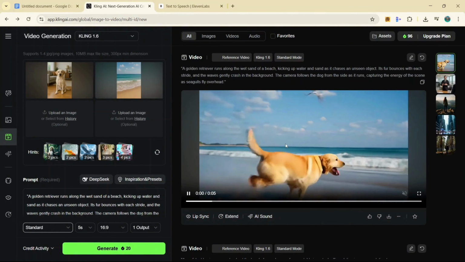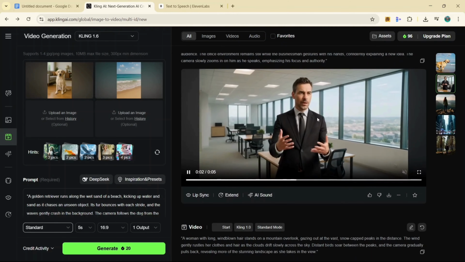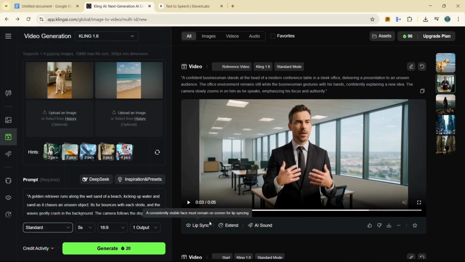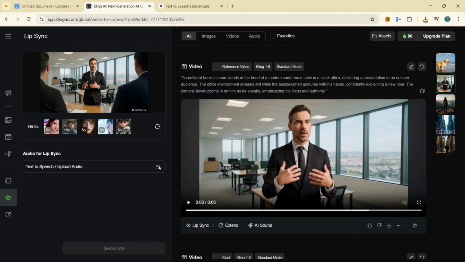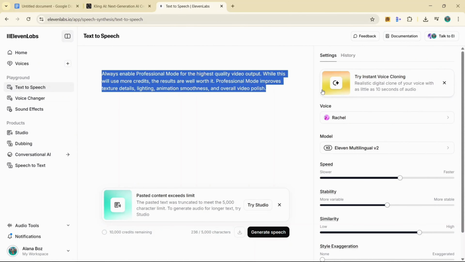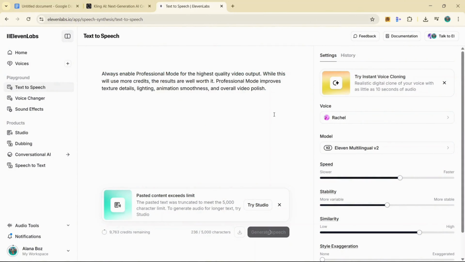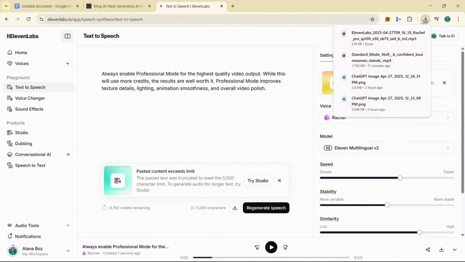features of Kling AI. Once a video is generated, you might want to add voices to the characters. This is where Kling AI's lip sync feature comes in. With lip sync, you can either type out the dialogue for your characters or upload your own audio recordings. Kling AI allows you to choose from a range of AI voices, but if you want even more realism, I highly recommend using ElevenLabs for voiceovers. ElevenLabs offers incredibly natural sounding AI voices, and you can even clone your own voice for consistency across multiple videos. To use ElevenLabs with Kling, generate the voiceover in ElevenLabs, download the audio file, and then upload it to Kling's lip sync feature.